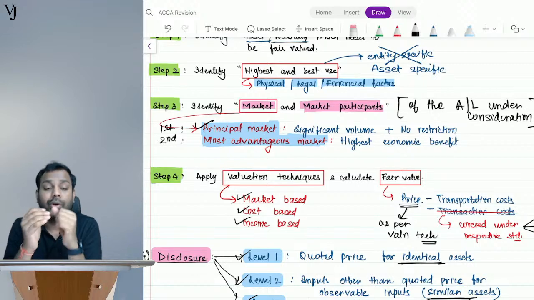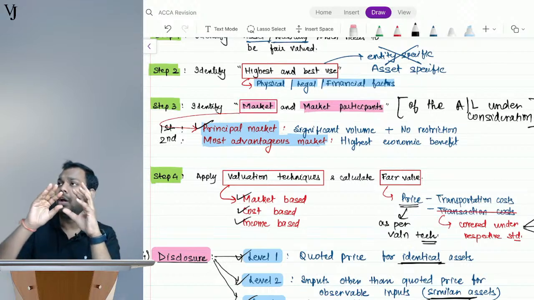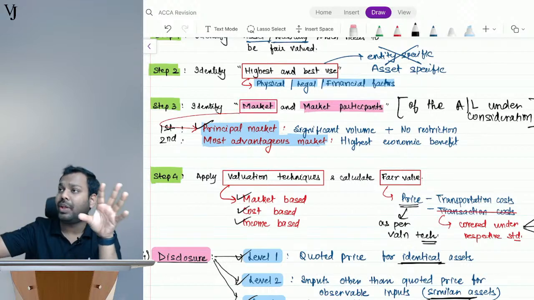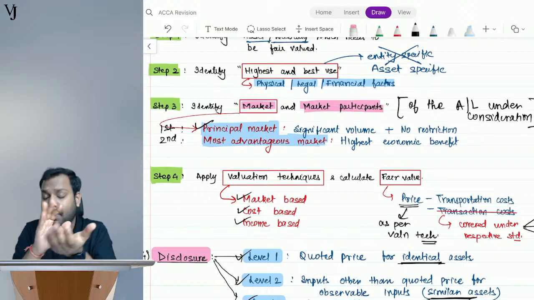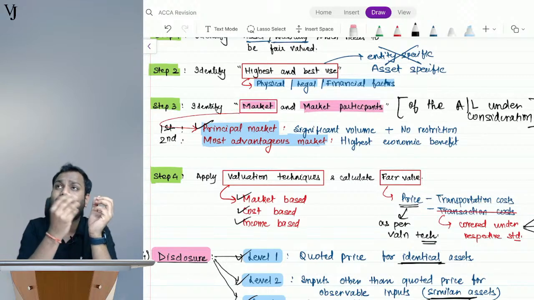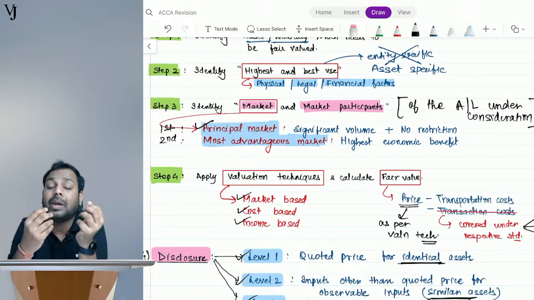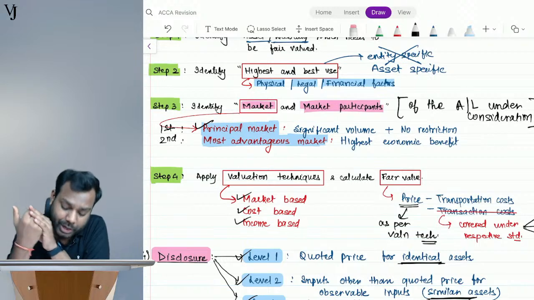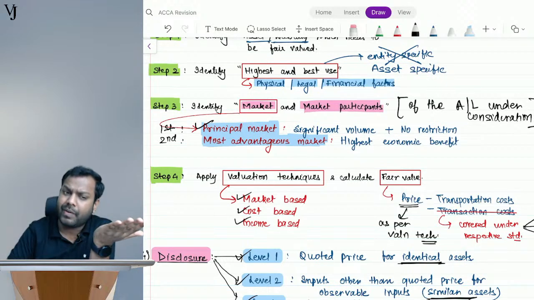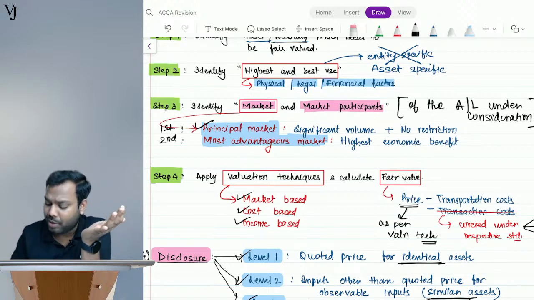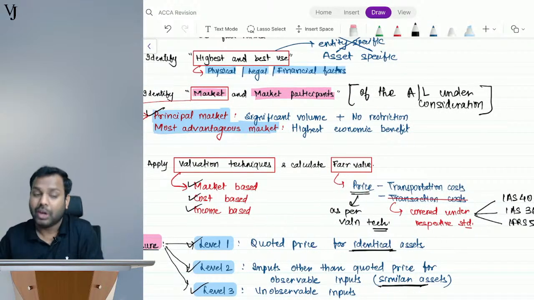Step number 4, you are applying the valuation techniques, might be using the market based approach, that is you will see what is the price of the similar asset, what are the differences between them, and I will adjust that market price and calculate the fair value of this one. Or I will say what is the price if I purchase this asset now, basically the replacement cost method. Third is income based, means from this asset, what is the income that I will generate in the future, let's calculate the present value of that. So I will apply valuation techniques and calculate price, and from this price I will deduct transportation cost, which will give me fair value.